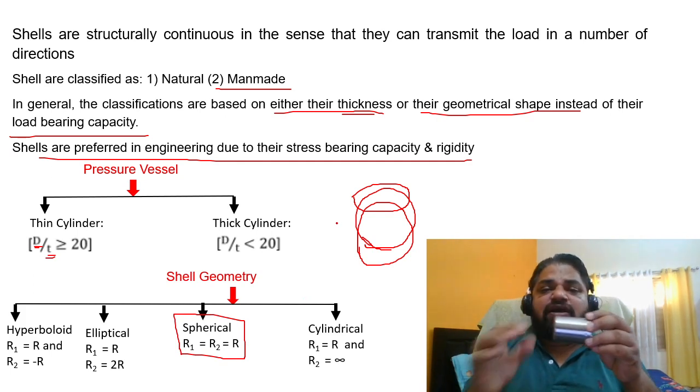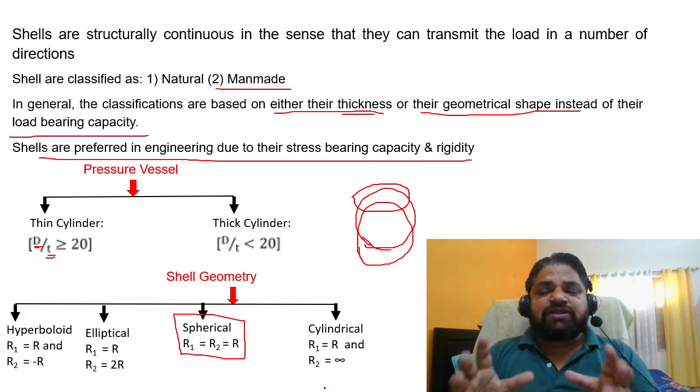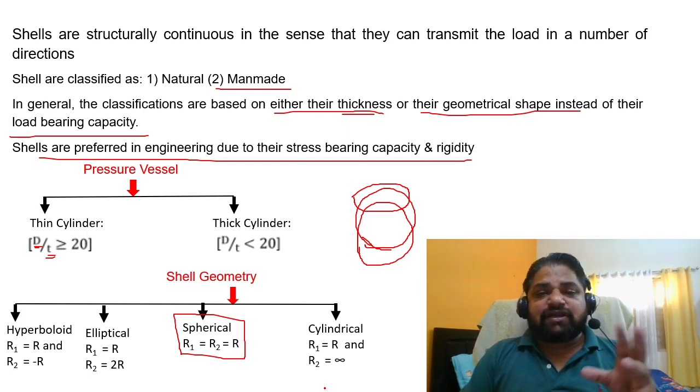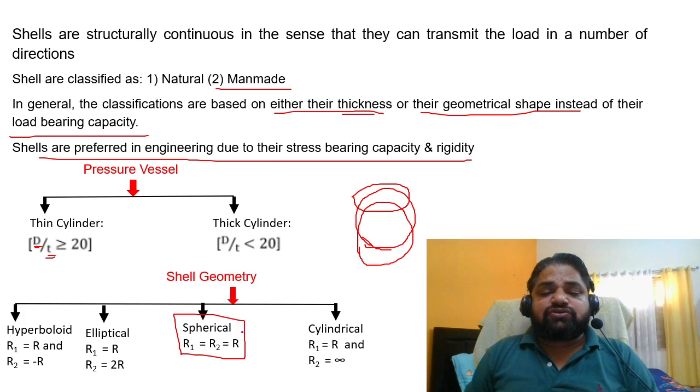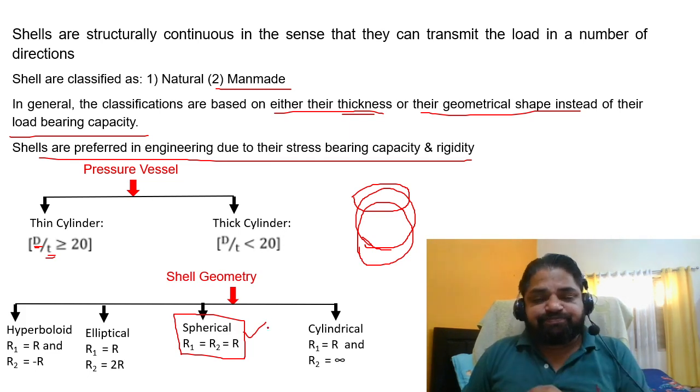On one side the curvature R1 is equal to R. What are these 1, 2 I am talking about? These 1, 2, 3 are nothing but the principal material directions, which I discussed during the discussion of stresses in the initial classes. The principal material direction may or may not coincide with the coordinate system. Generally, here with the relations which have been shown, based on 1, 2, 3, the material direction is coinciding with the Cartesian coordinate system x, y, and z.